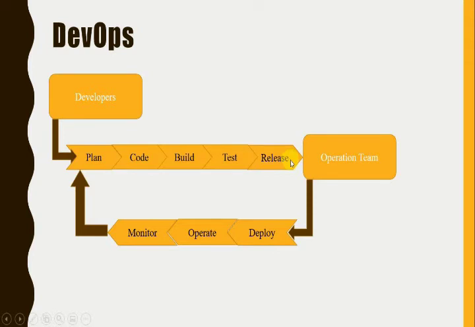Don't worry about these processes. We don't have to do all these processes manually, but there are many automation tools by using which we automate all those processes. We will study those processes later. The major work in this process is that of the planning phase and coding phase that we have to do manually.